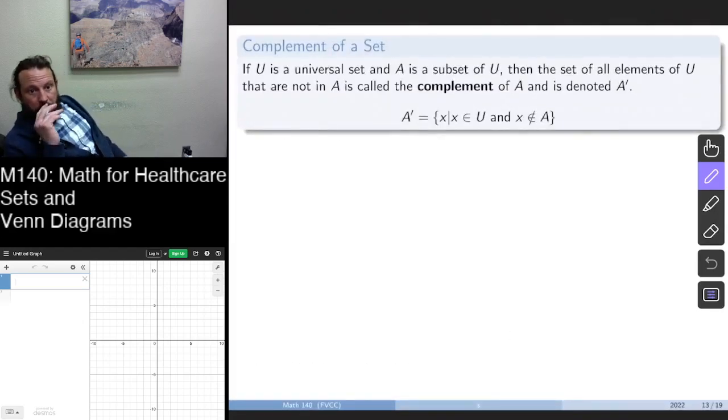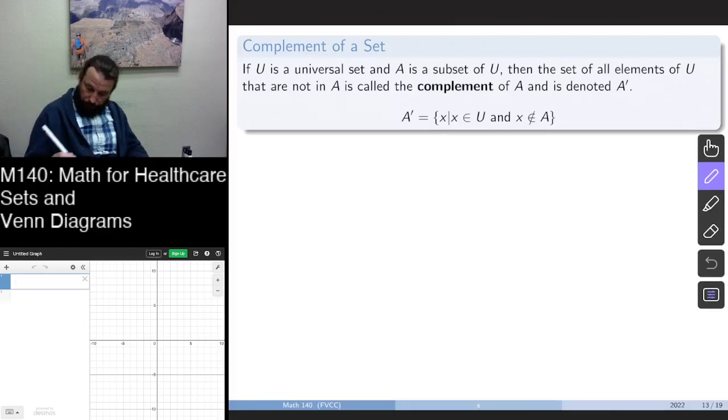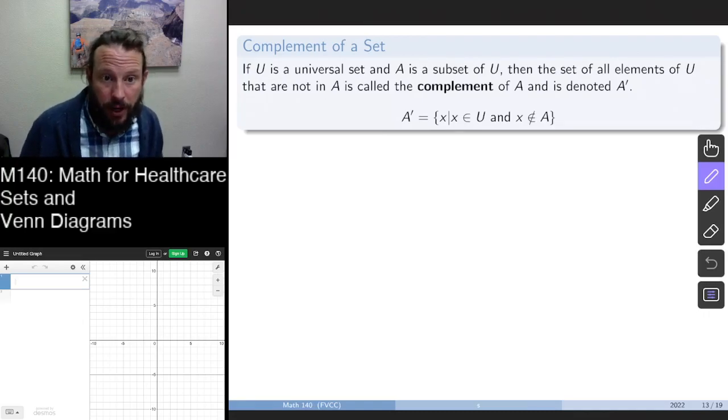The complement of a set. Here we need the idea of a universal set to have a complement. Notice union and intersection, we don't need the idea of a universal set. But if U is a universal set and A is a subset of U, then the set of all elements of U that are not in A is called the complement of A and denoted A with an apostrophe, and we call that